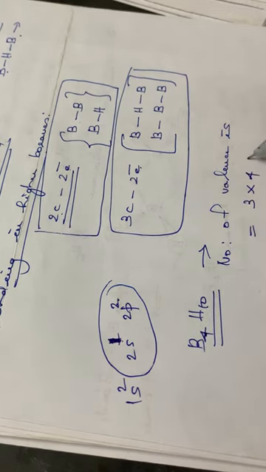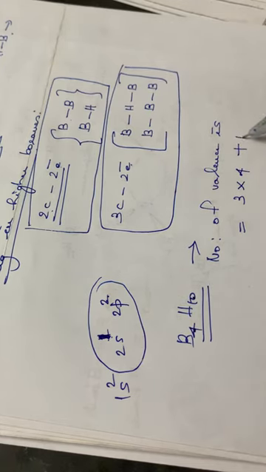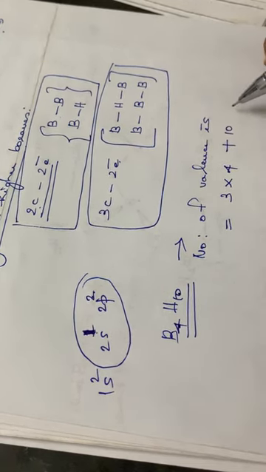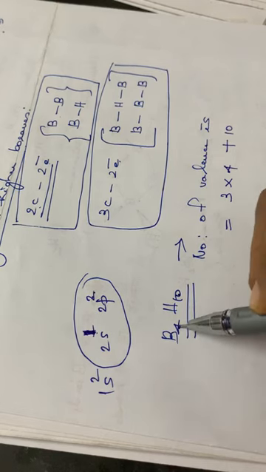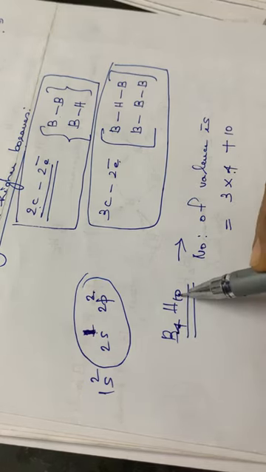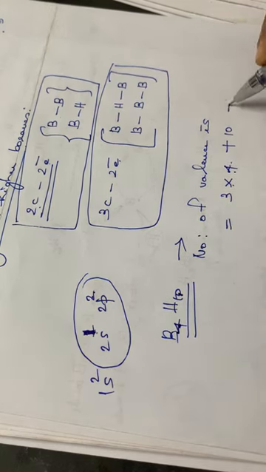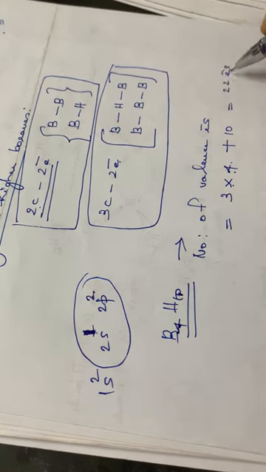4 boron atoms, plus the number of hydrogens, which is equal to 10. That means 10 electrons will be donated, 1 by each hydrogen atom. Okay, 3 electrons in the valence shell of boron, and the number of boron atoms is 4. So 3 into 4 is equal to 12, plus the number of hydrogens. Each hydrogen will be sharing 1 electron. So 3 into 4 plus 10, that is 12 plus 10, that is equal to 22 electrons.